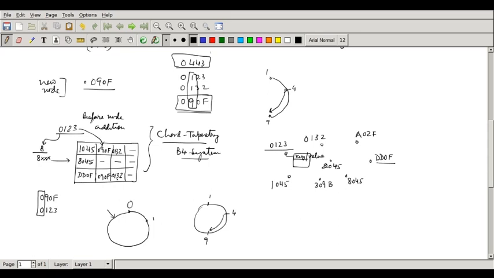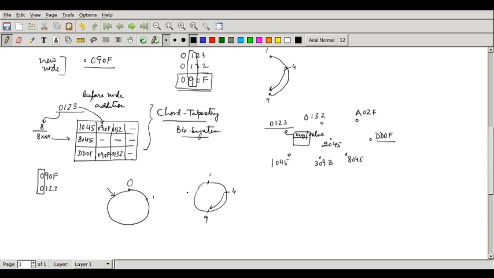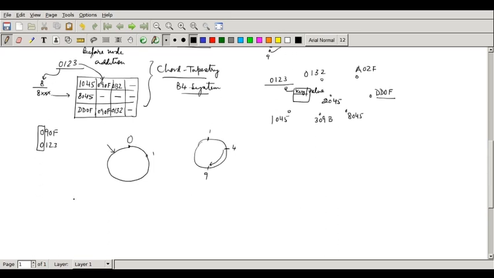So when it goes to 090F, 090F will also have its own routing table, which will get created over time and it will be a stabilized entry. So what will be that entry? Let's see. Again it will be the same 4 columns and 3 rows for 090F, sorry. The first digit, first column can be as it is, which is going to be 1045. There is no other option. If there would have been more than one option, the one which is closer would have been picked up in this case.